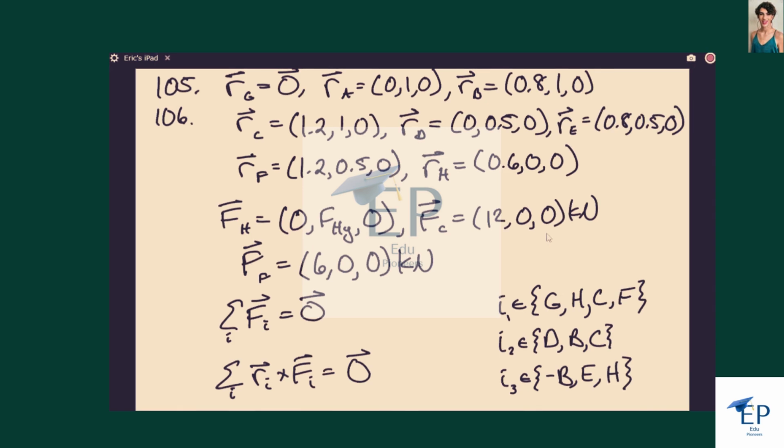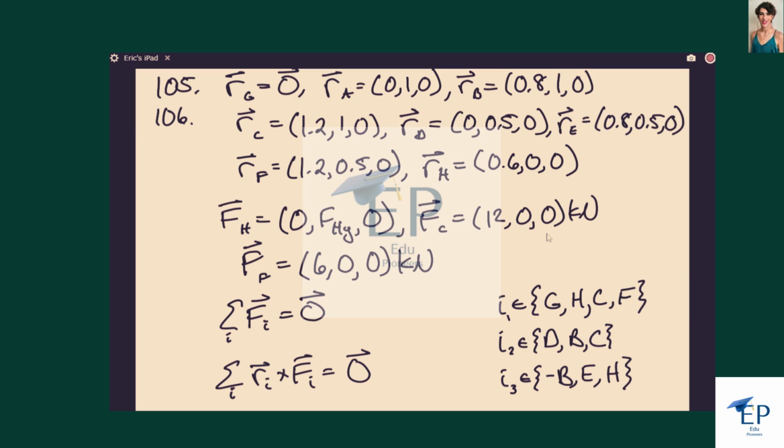So in problems 105 and 106, we have a structure with three different members that are all pinned together. And so we have lots of points in our system that we need to identify. So I use G as my origin, and then I have points A, B, C, D, E, F, and H relative to point G. And so we can see that at G, D, B, and E, we have general reaction